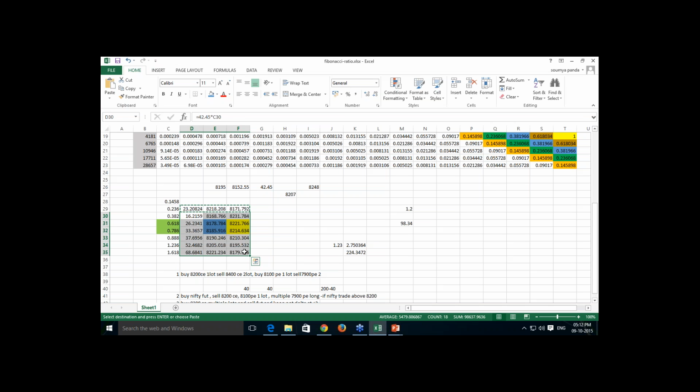Then we have to see currently where our price is. So if I can say that 8195 is the ending price, today it has opened at 8207. So instead of this, that is the closing price for the day. If I can start my reading from 8207, that will be more appropriate to take the BTST for tomorrow. So I'll be taking the reference from 8207. That will be more appropriate for tomorrow, because this price happened